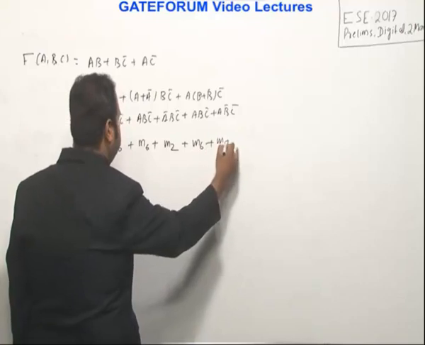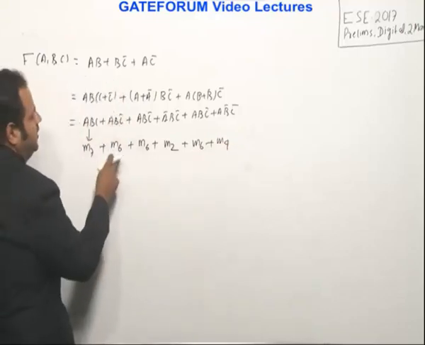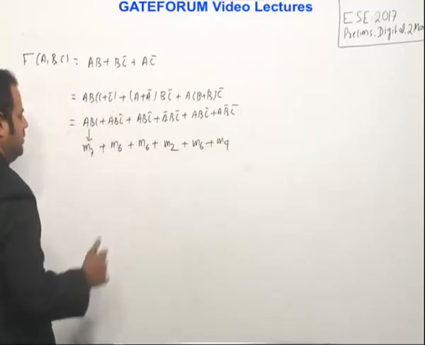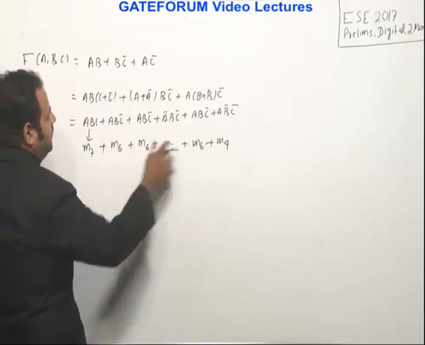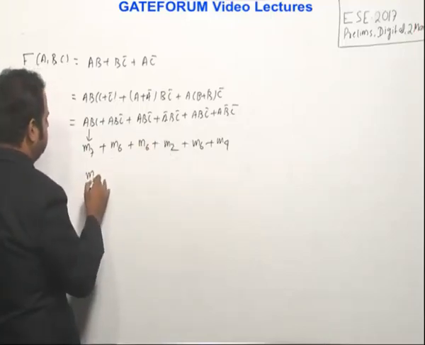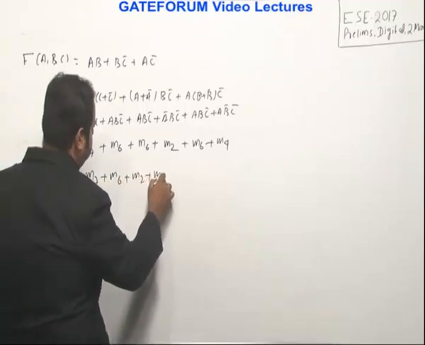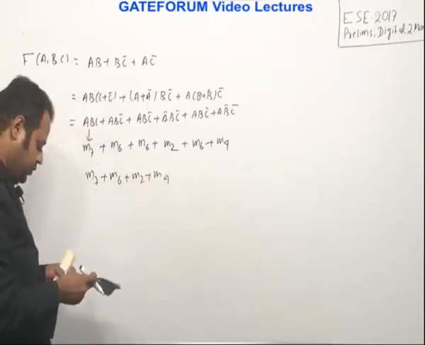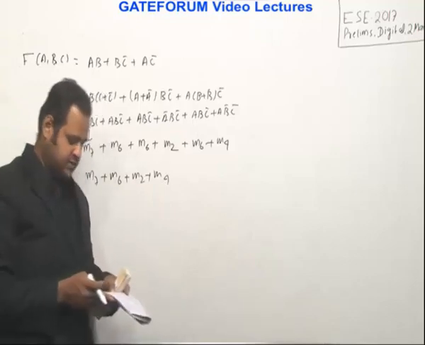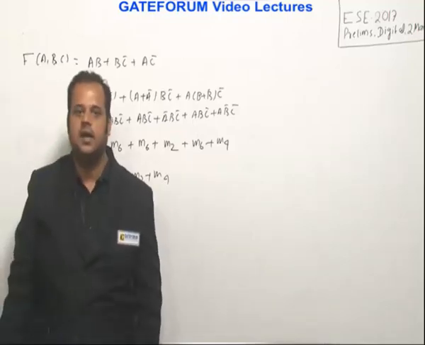Min term 4. So as you know, if you are adding the same index min term, the answer will be the same. So there is no need to take 3 times min term 6. So min term 7 plus min term 6 plus min term 2 plus min term 4, 7, 6, 2, 4. So if you refer to this, it is given in option C, and hence C is the right answer for this.